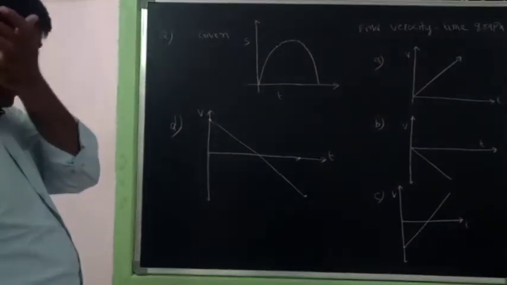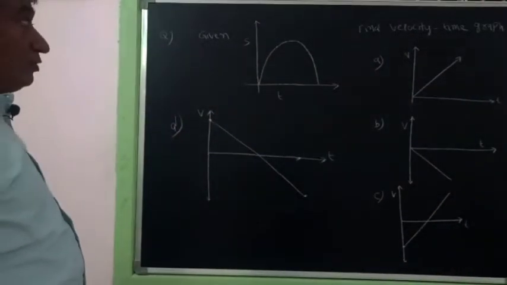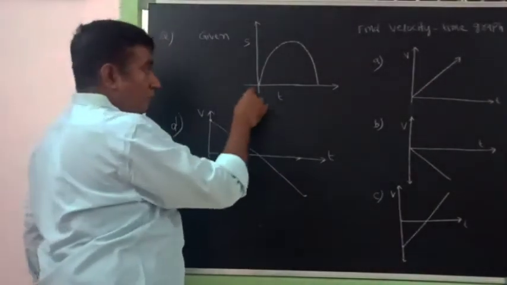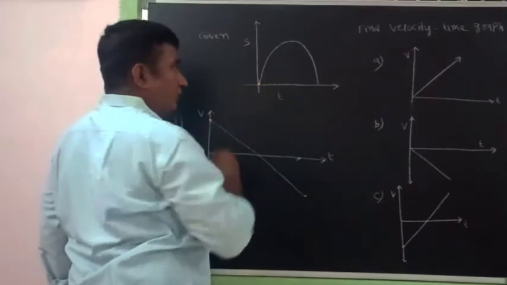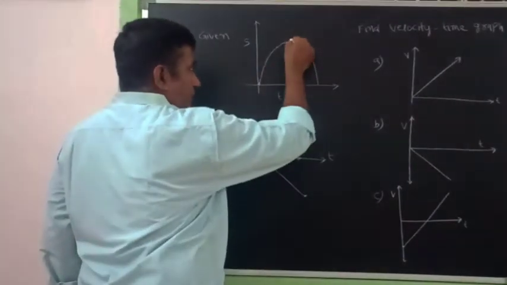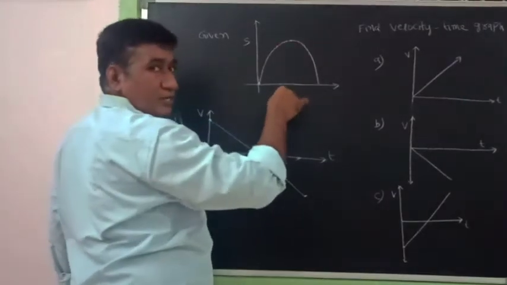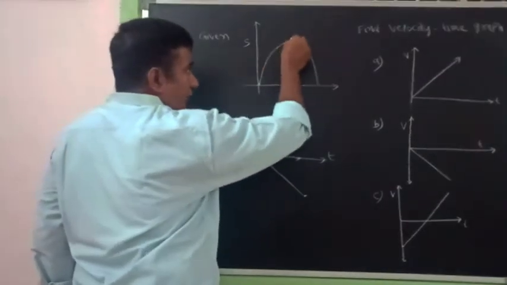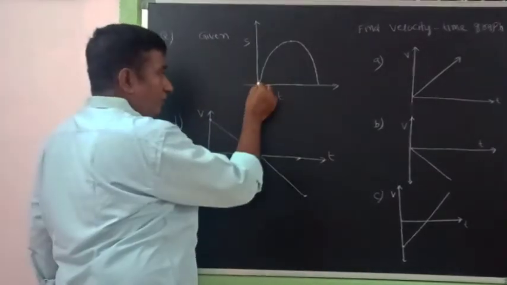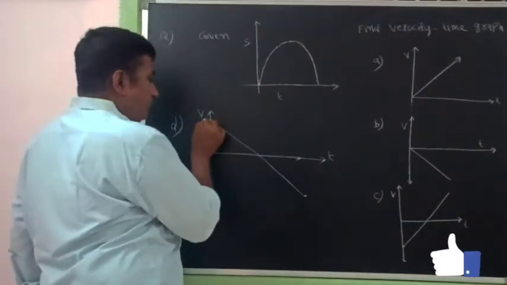So you have been seeing these options. While discussing the displacement-time graph, we have been given that when our object is moving from the initial position, its displacement goes on increasing, and then at that particular point velocity will be 0, then again it will decrease. So first here velocity will be maximum, this is plus u.